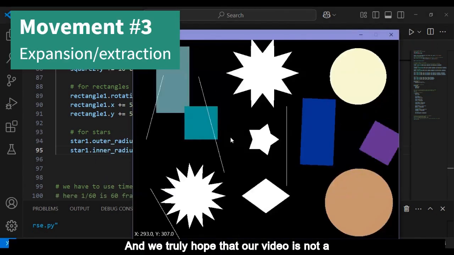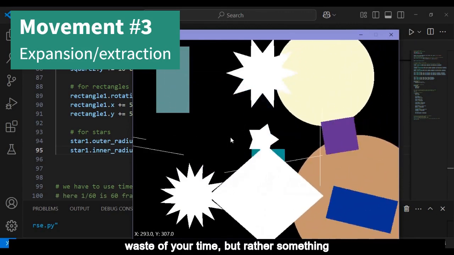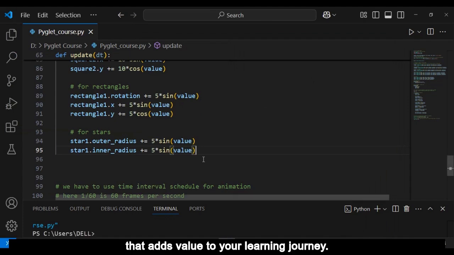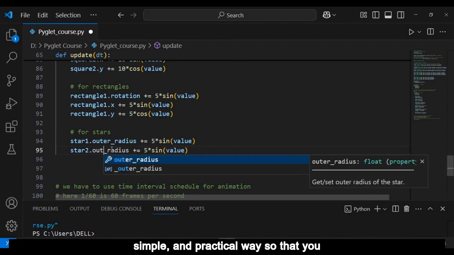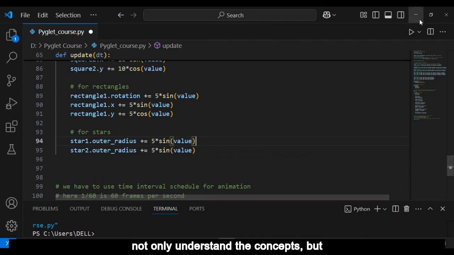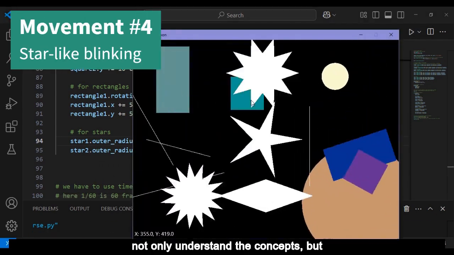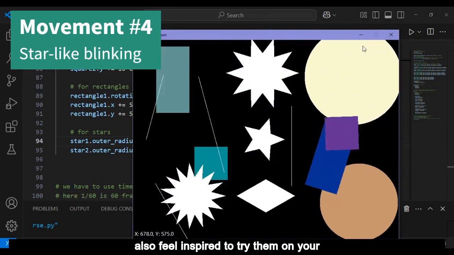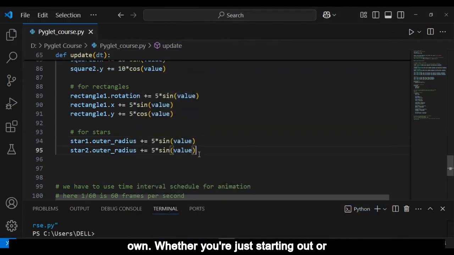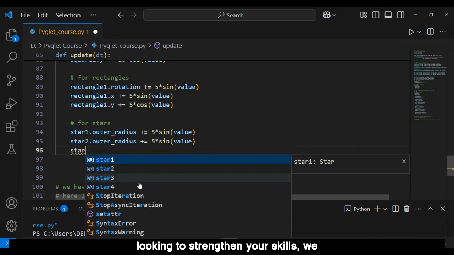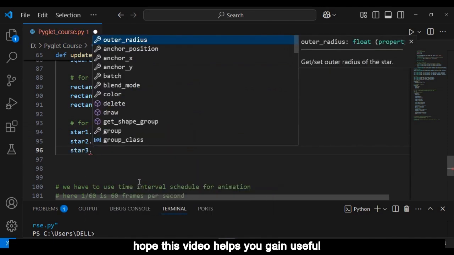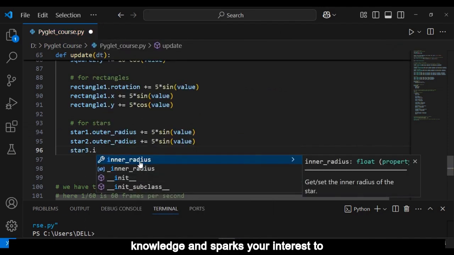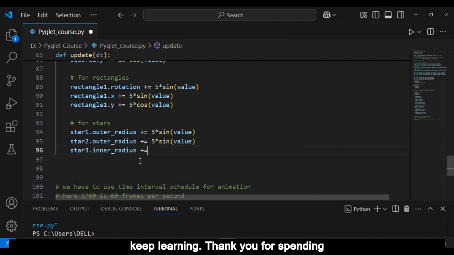And we truly hope that our video is not a waste of your time, but rather something that adds value to your learning journey. Our aim is to present things in a clear, simple, and practical way, so that you not only understand the concepts, but also feel inspired to try them on your own. Whether you are just starting out or looking to strengthen your skills, we hope this video helps you gain useful knowledge and sparks your interest to keep